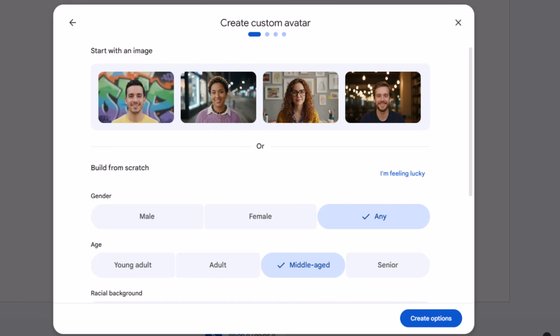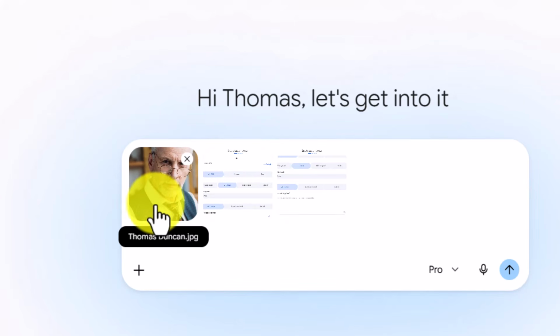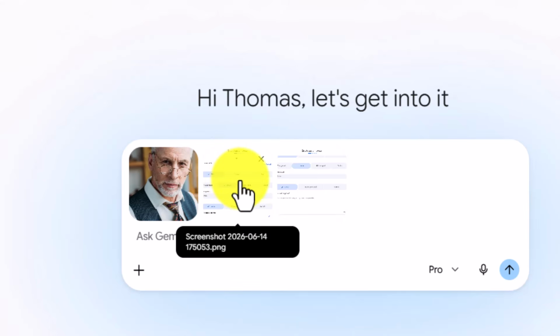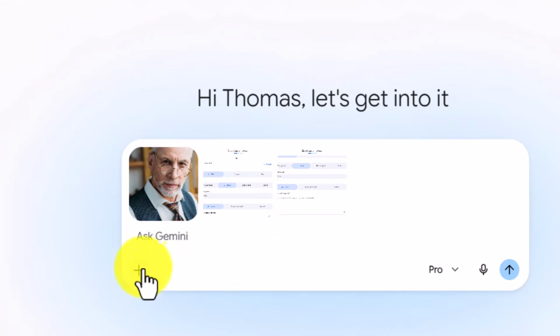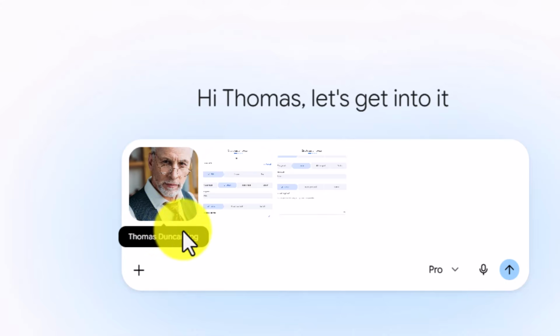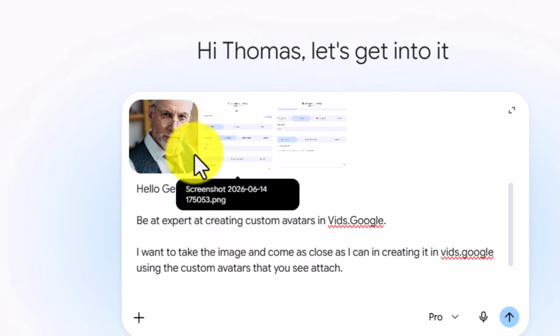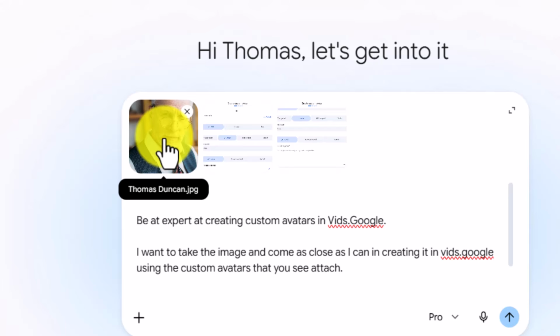We will then head to Gemini. In Gemini, we want to have the image that represents what we want the avatar to look like. We also want to have our screenshot that we just took. And what we want the AI to do is tell us what to put inside of the dialog boxes at vids.google so that we can approximate the image that we have as close as we can. So we're going to tell Gemini we want to come as close to this image as we can